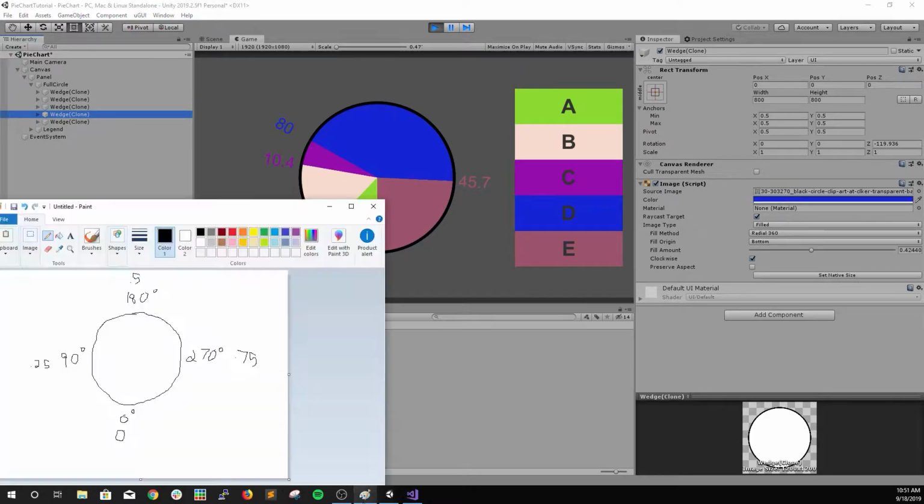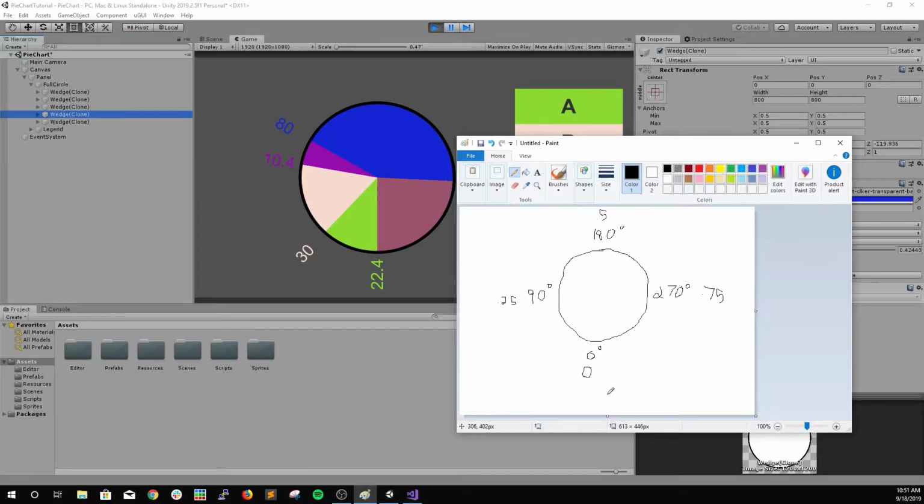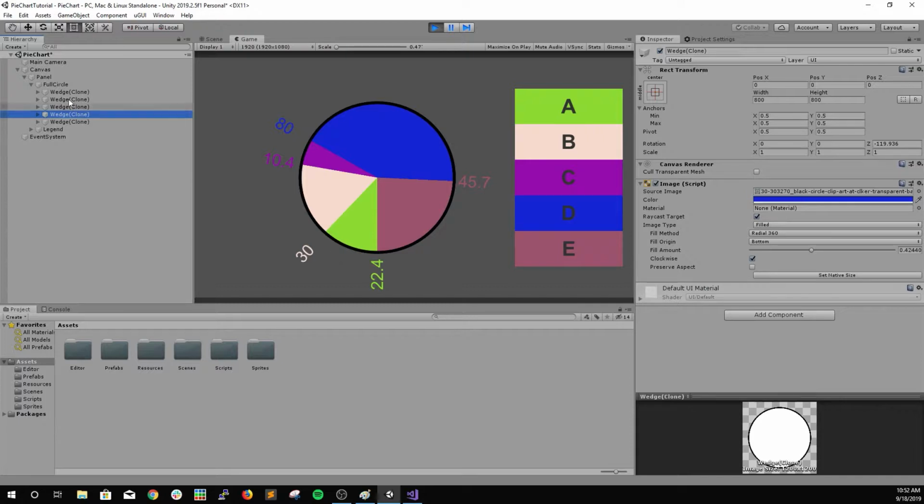So this is positive degrees. I guess a better way actually would have been 90 on this side, but that's kind of how it works. It's moving a little differently than you would normally expect. I figured that out through trial and error. I thought that this would be the 90, 0, 90, but it seems to be working the other direction. There's probably a way to change that, but I don't want to make it too complicated, so it wasn't that